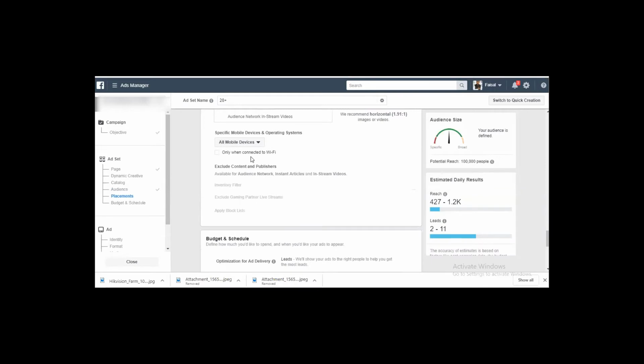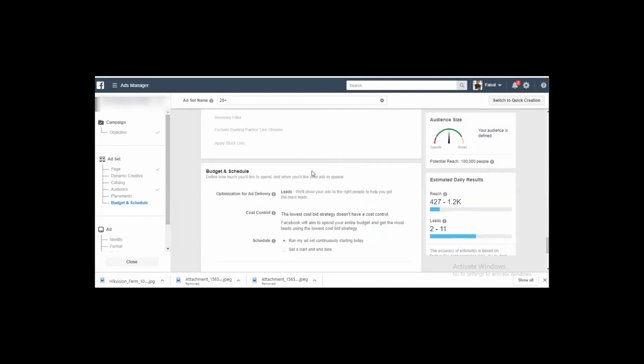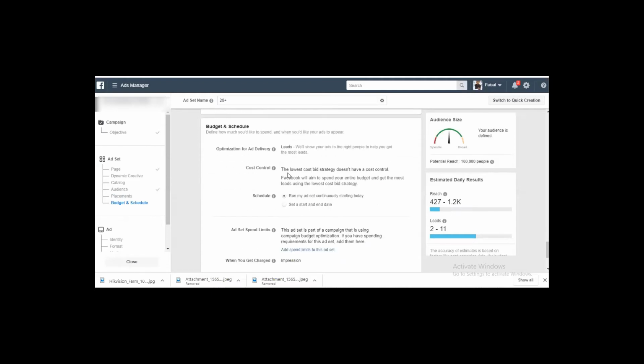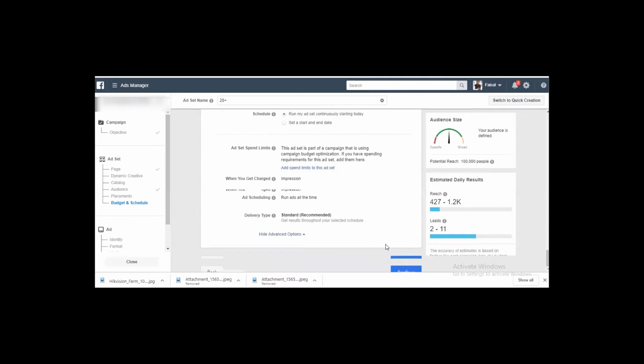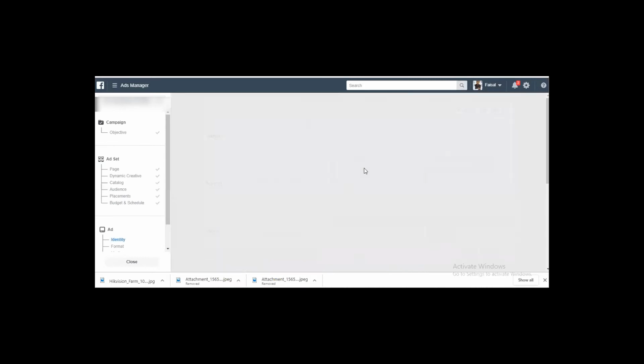Next, it will ask if we want to show our ad to people who are connected to Wi-Fi, but I am not selecting that. And then budget and scheduling. I want to run my ad on a continuous basis, so I am not scheduling the ad here. After that, simply click on continue.